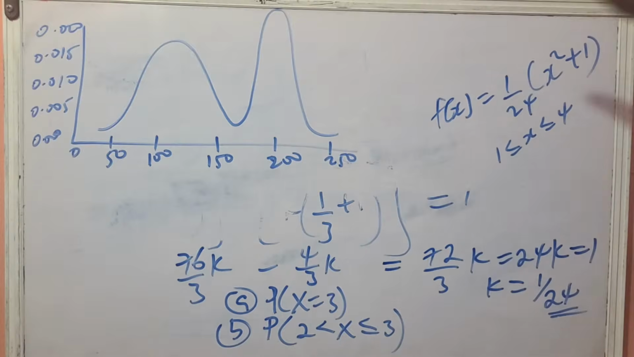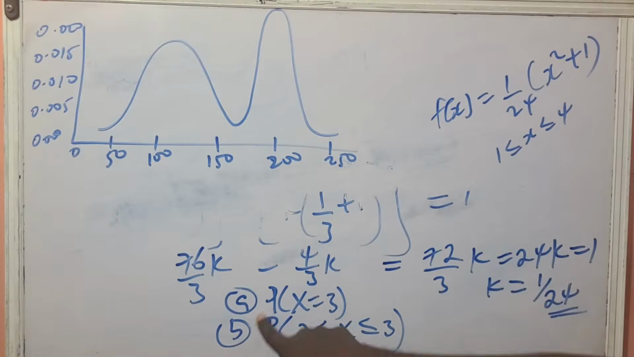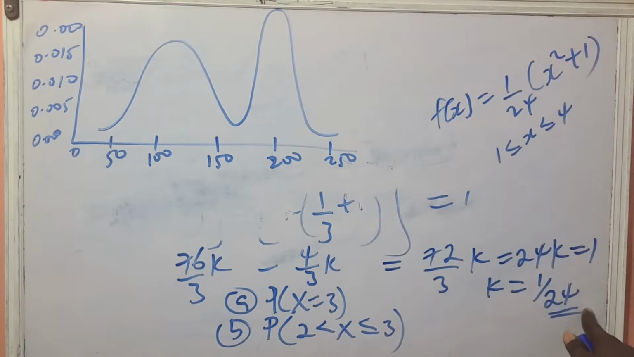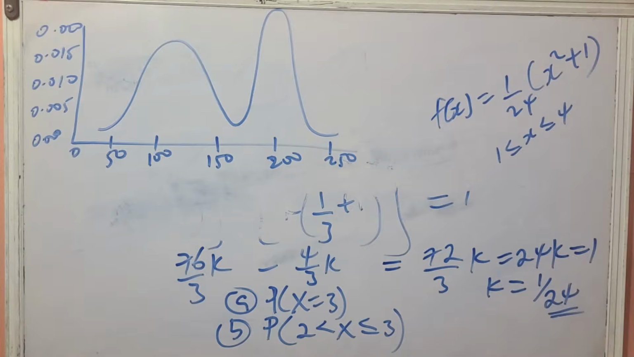Now, after getting the curve, they're asking you to find the probability from this function. Now, we just finished solving for the value of k. Let's say we wanted to find probability of x being equals to 3, probability of x being between 2 and 3. I want to use the curve to explain to you what that actually means. Now, number one,